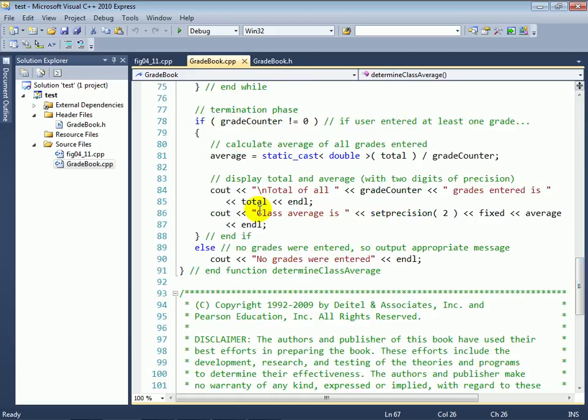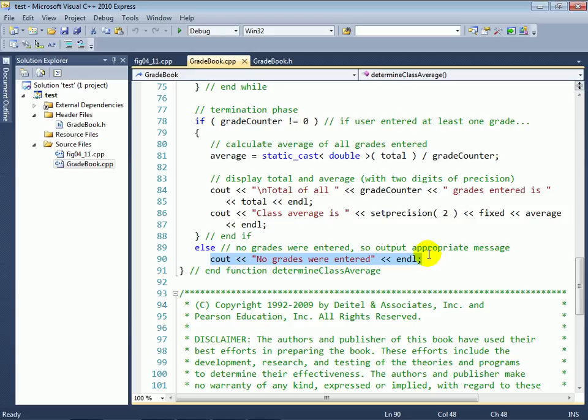Now in lines 78 through 90 we have a little if-else statement here, and notice for the if part that we have multiple statements in the body, and therefore we have a set of curly braces, but for the else part we have a single statement in the body, and we chose not to use any curly braces here. Some programmers always use curly braces on every control statement, no matter how many statements they have in the body. That makes the code a little bit easier to modify later if they have to add statements to the body of a control statement,